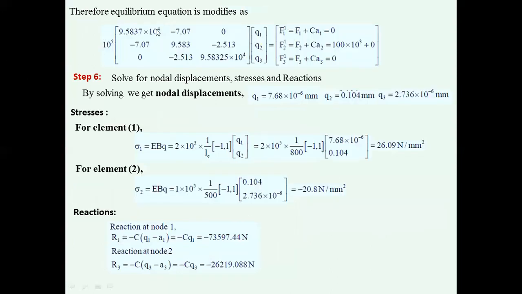So when you add those two elements, the equilibrium equation will be modified. Here you will get this term, and here also you will get this term, which is equal to... even in the forces there is a modification. F1 is modified as F1 plus C times A1. F2 is modified as F2 plus C times A2. F3 is modified as F3 plus C times A3. So the load at node 1 is 0 plus C, you know,